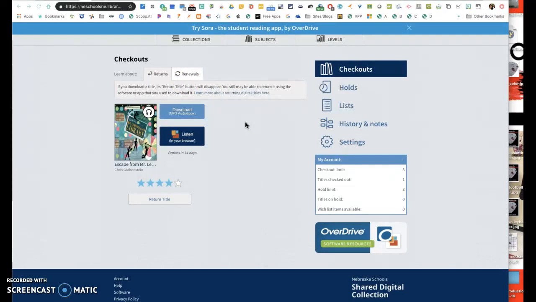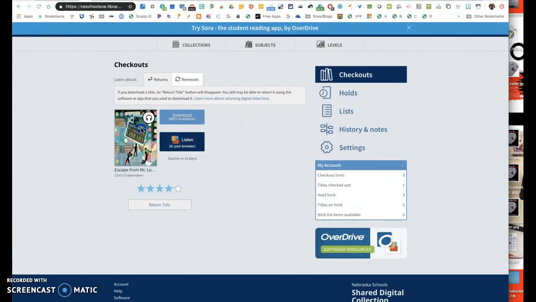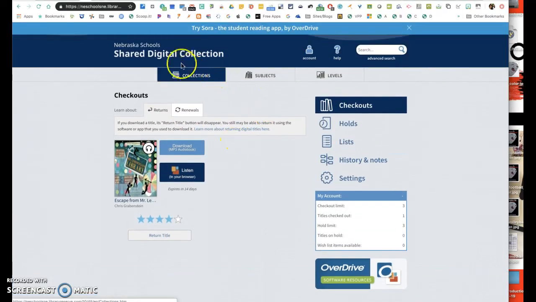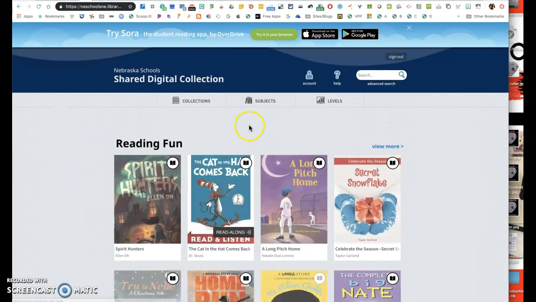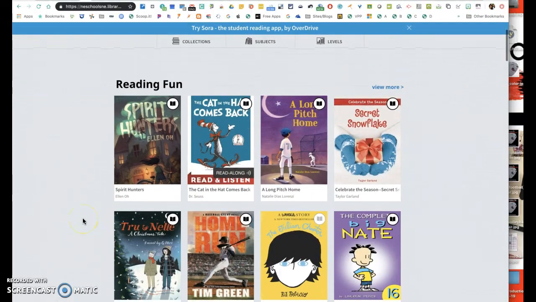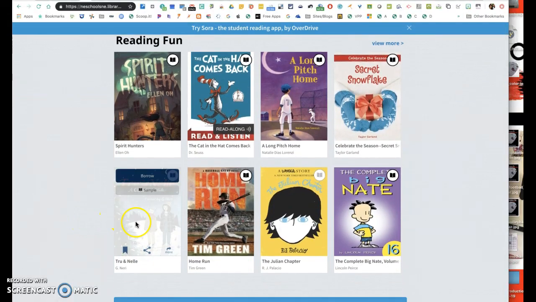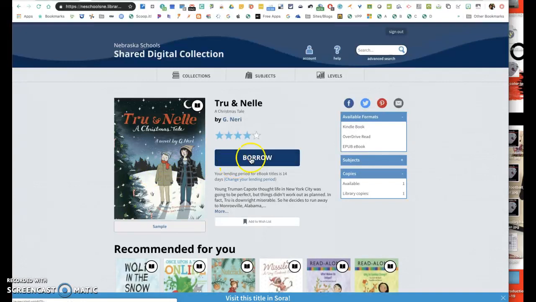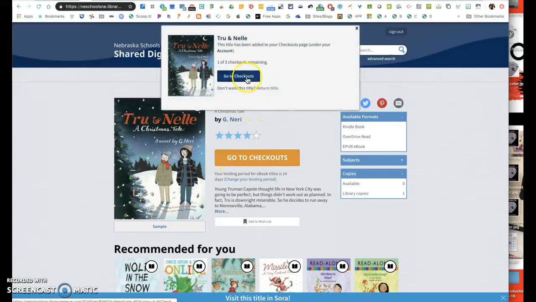So this book that I picked out is only as an audiobook type. So just something to kind of keep in mind and take a look at. And this one, if I say I want to borrow it,